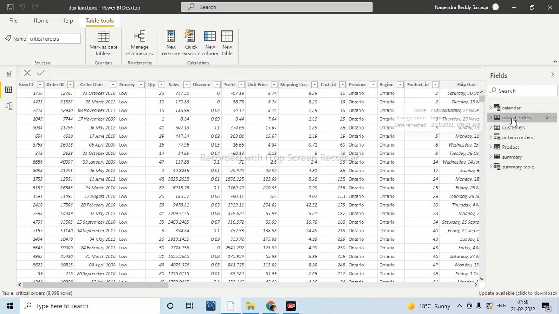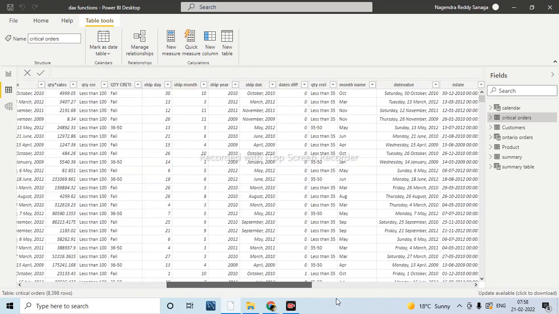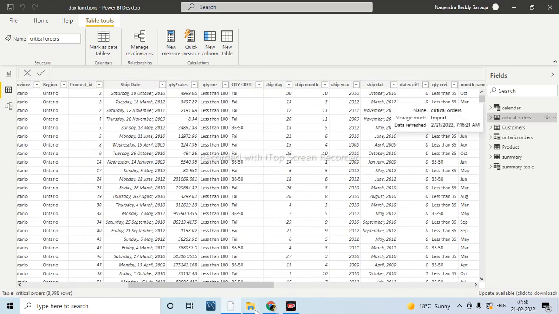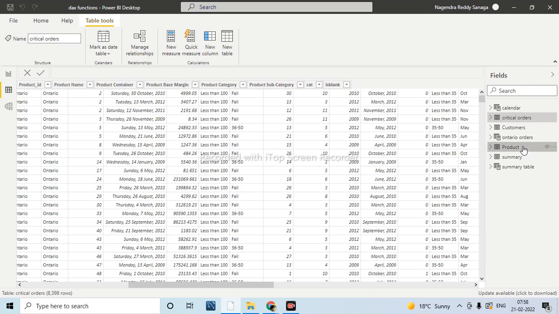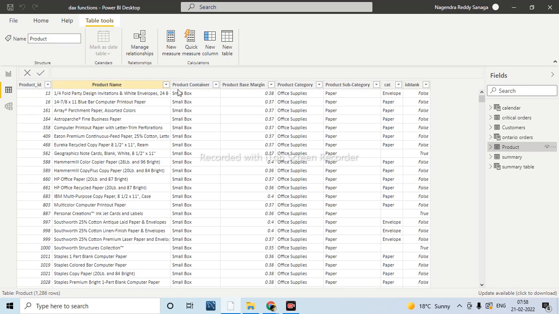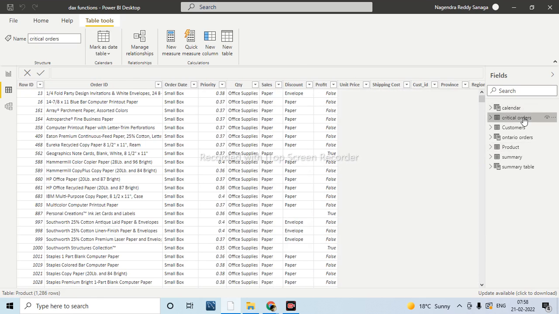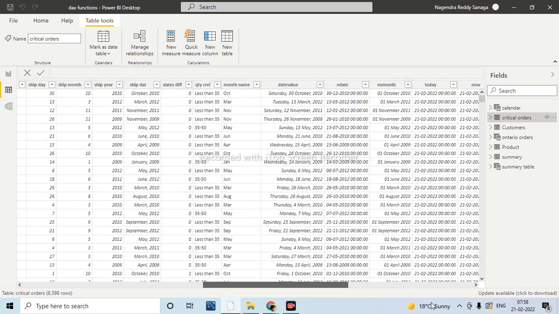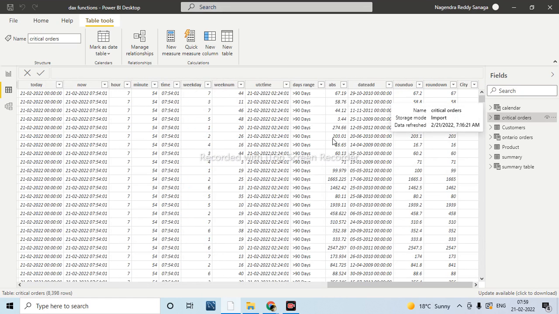Now in the critical orders, we have the product ID, right? Here we have the product ID. We don't have the product name here. Normally in the Power Query, we can use the same thing by merge queries and fetch the information, right? Now my requirement is to fetch the information using a DAX function. Here we have the product ID, and in the products table also we have the product ID and the product name. Then you can use the lookup value function and fetch the name. What we have done in the merge queries, right? We have selected the matching columns. Then by using the left join or right join, we have fetched the information.